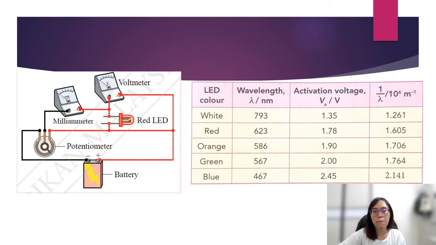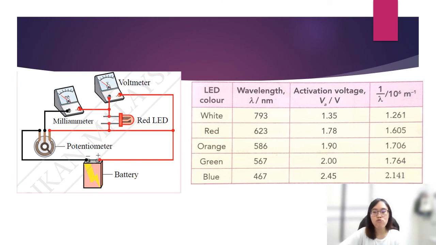The experiment is something like this. You have this milliammeter, you have this LED, you have a battery and potentiometer, and also a voltmeter. This is to determine, the LED has different colors, because different colors of light have different wavelengths. Then the voltage is to capture the reading of the activation voltage. Then we recalculate the wavelength into 1 over lambda. After that we will use this